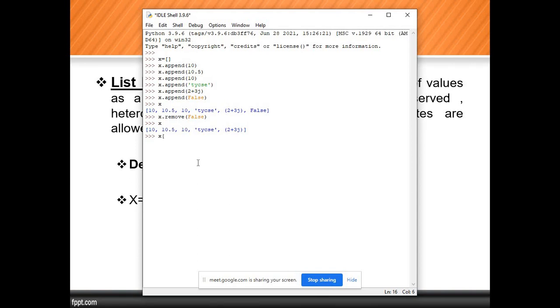Yes, you can change that. First of all we'll print the first value, x of 0 is 10. Now I am trying to change x of 0 equals 100. What is the reason we can change that value? Because it is mutable. So we can change the value. See, print the x. The value 10 is replaced by 100. Why? Because the list is mutable. That's why we can change that.